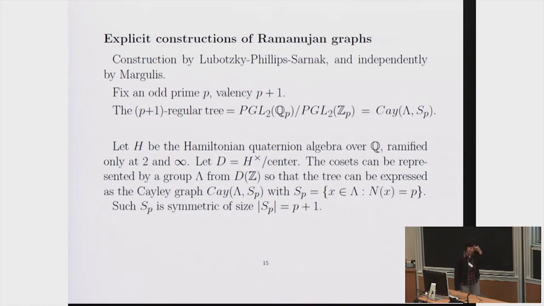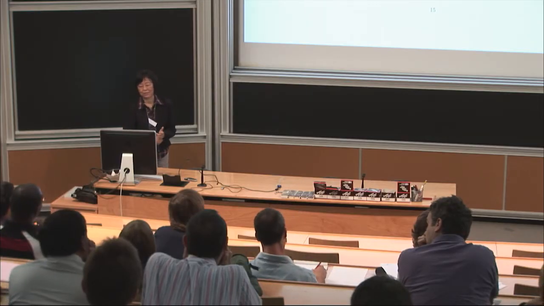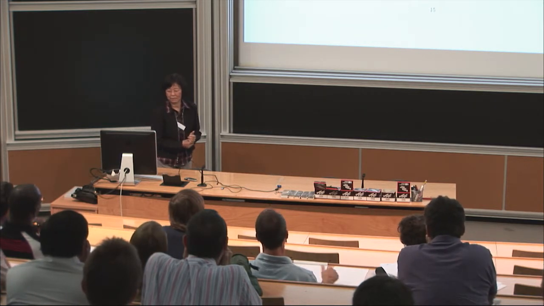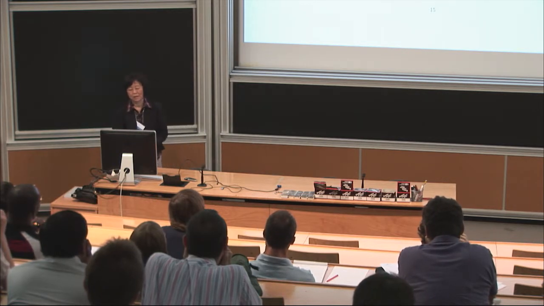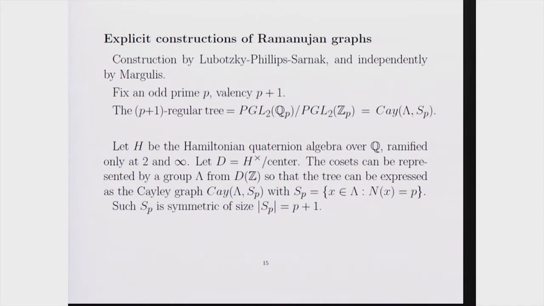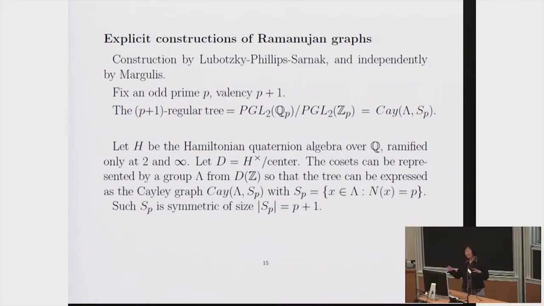Okay. So, sort of like the case for codes, if we want our graph to be useful, we would like to construct it explicitly. So the explicit constructions of Ramanujan graphs were first given by Lubotzky-Phillips-Sarnak and independently by Margulis. Okay. So in that case, the graph is (p+1)-regular, where p is a prime. Okay. So when you look at a graph whose valency is a prime power plus 1, this kind of